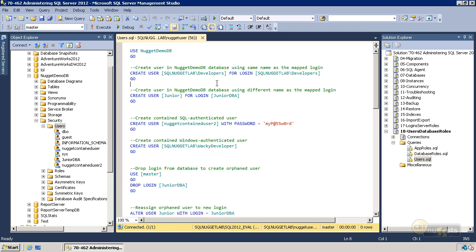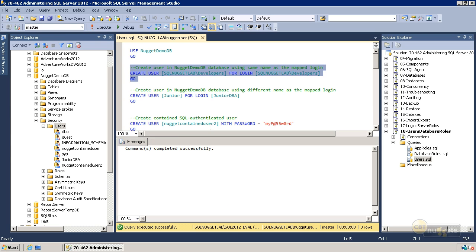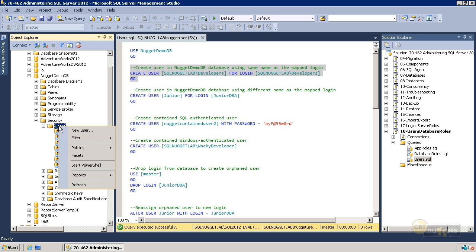Here's how we can create a user associated with a login that is a Windows group. So if we wanted to create a SQL Nugget Lab developers user based on our SQL Nugget developers group, which is a login that we already added into SQL Server in a previous Nugget, we can hit execute, and there we go. Now if we refresh our users node over here,